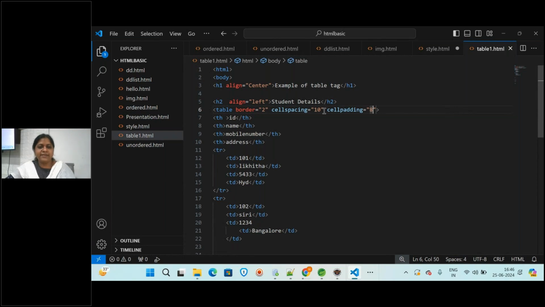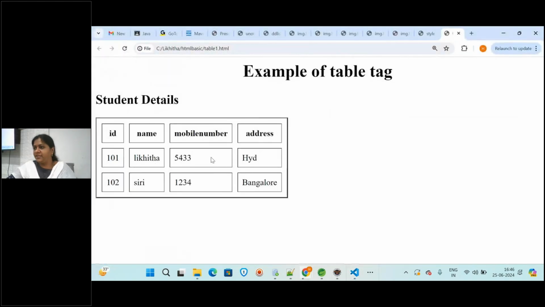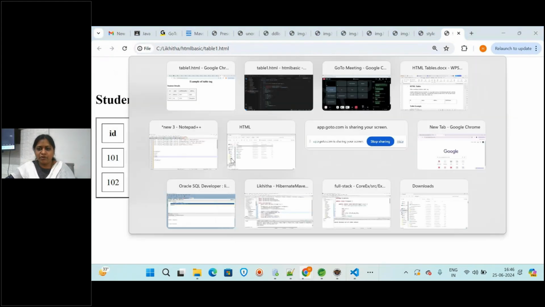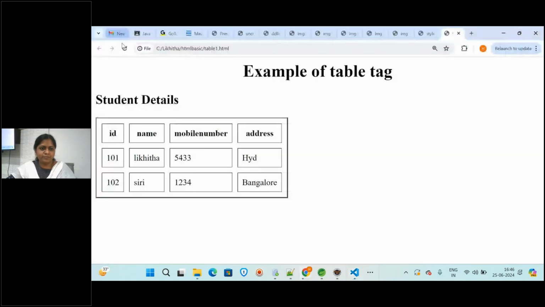Let us save this and run. So how much space you are getting between the text? Here text and the border of the text, that will be increased. So if you are giving here some 20, and here I'll reduce this so that you can observe the difference. Like I'm giving just 5.